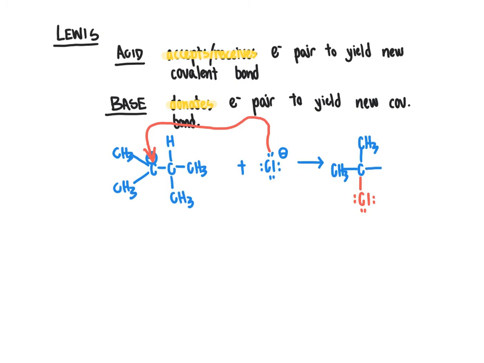Since we have 4 bonds to carbon, we want those separated by as much distance as possible. So I've spread those out. And then the rest of the molecule remains unchanged. So I'm just going to fill in the other carbon with the 2 CH3 groups bonded to it and the hydrogen bonded there. So if we take a look at the reaction that I have just shown here and try